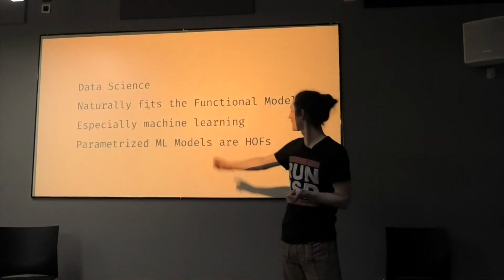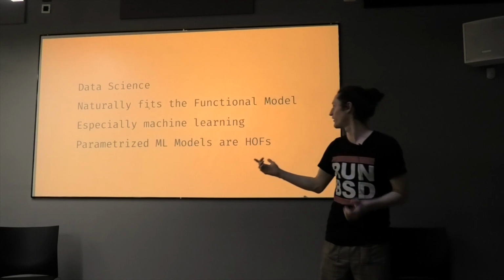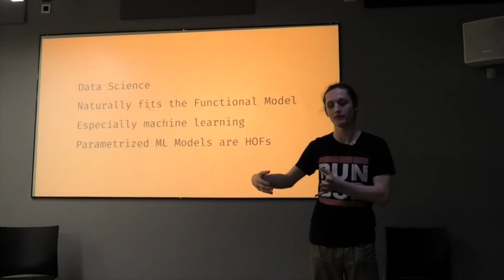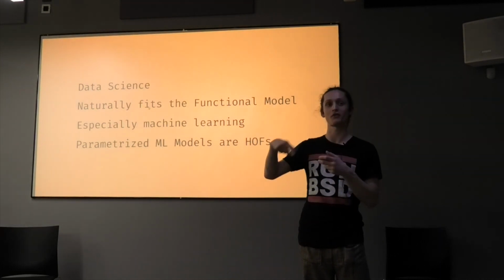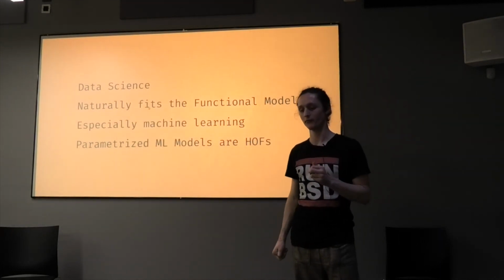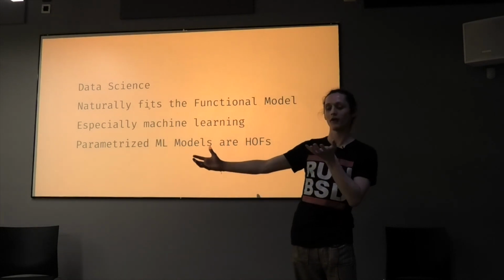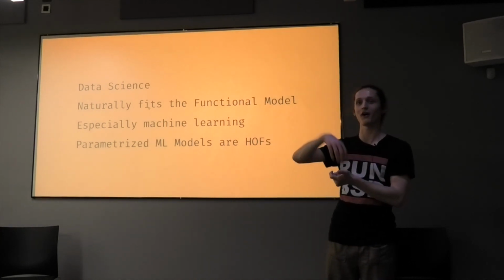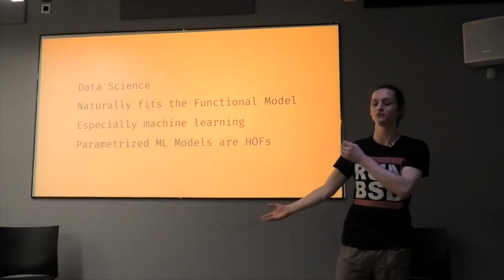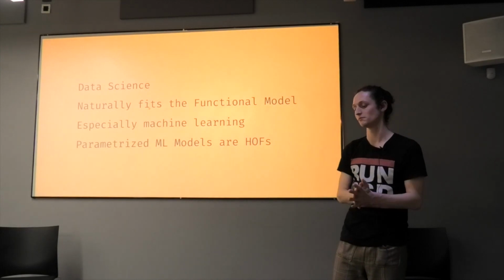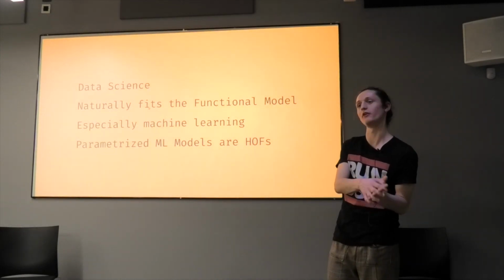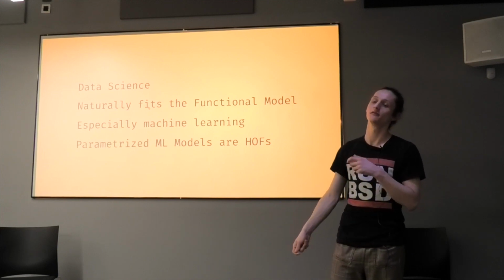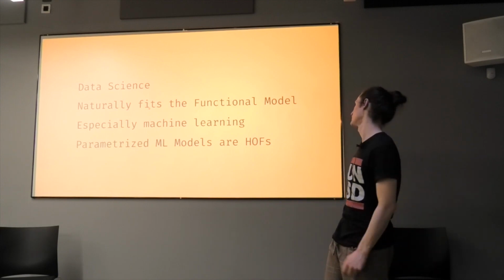And as I've said down at the bottom here, parameterized machine learning models are higher order functions, or certainly can be thought of as higher order functions. That is, a function which returns another function. If you have a neural network, you can think of that as taking in all of its weights and biases and producing for you a function which takes in its input and gives you an output. And again, having lots of utilities in your language for manipulating those sorts of things can be super nice.